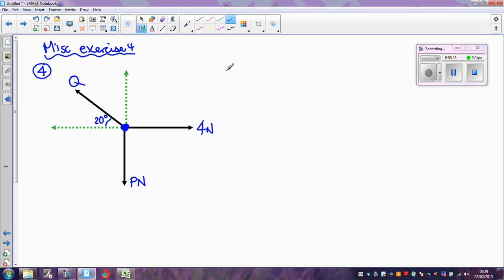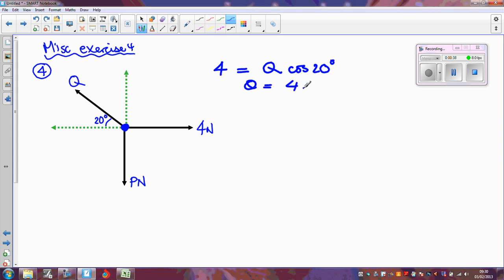So first of all, I'm going to find Q by using the fact that the forces acting right equal the forces acting left. So the 4 Newton force acting to the right must equal the component of Q acting to the left. In other words, Q cos 20 degrees. Q then is just going to be 4 divided by cos 20, and that comes out as 4.26